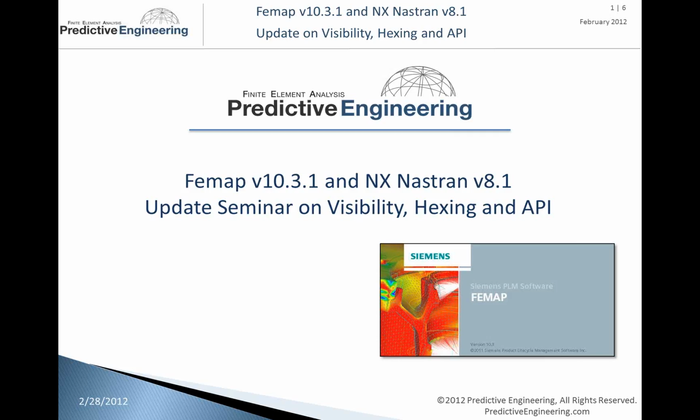And that also includes an update to NX Nastran version 8.1. We're going to talk about visibility, little things that they added in the .1 that's very useful. It came out of a recommendation from our client that they should be doing this, and they incorporated it. We're also going to do some tricks on hexing and talk about some of my APIs that we've been using